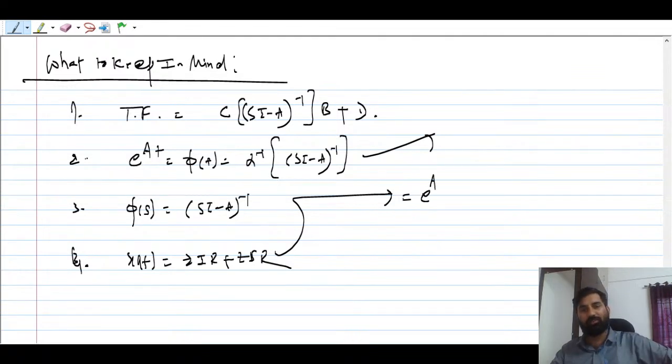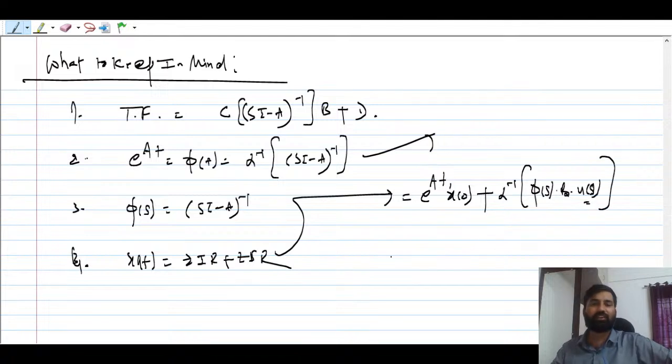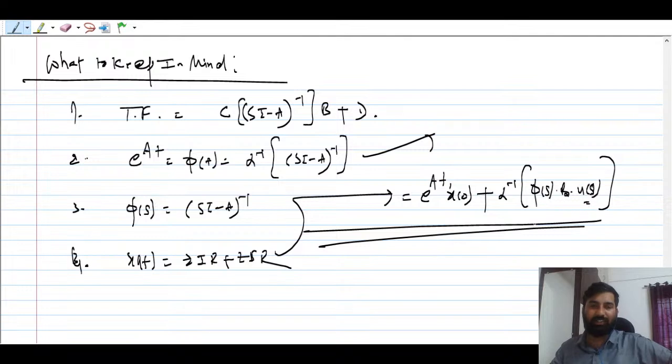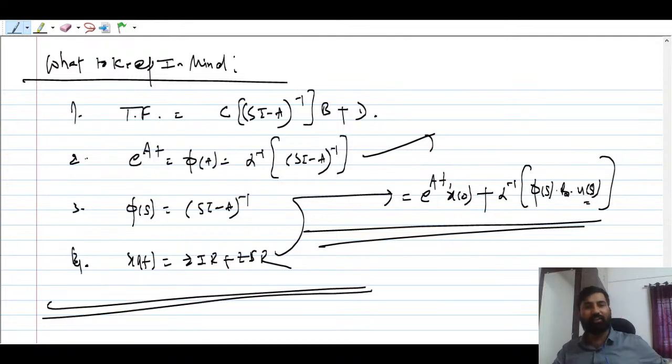तो इस केस में आपको याद रखना है, इट इज नथिंग बट e raised to power At, सॉरी नॉट 5t, इनिशियल स्टेट x of 0 प्लस L इनवर्स ऑफ phi s times B times U of s। बस इनपुट आपको दिया मेंशन रहेगा, ये निकालने का तरीका मैंने आपको बता दिया है। बस यही सारी चीजें हैं जो आपको फोकस करना है। और उसके बाद आपको आउटपुट कैसे निकालते हैं, वंस यू गेट दिस सोल्यूशन, राइट, तो पांचवा आपको याद रखना है सिस्टम रिस्पॉन्स।